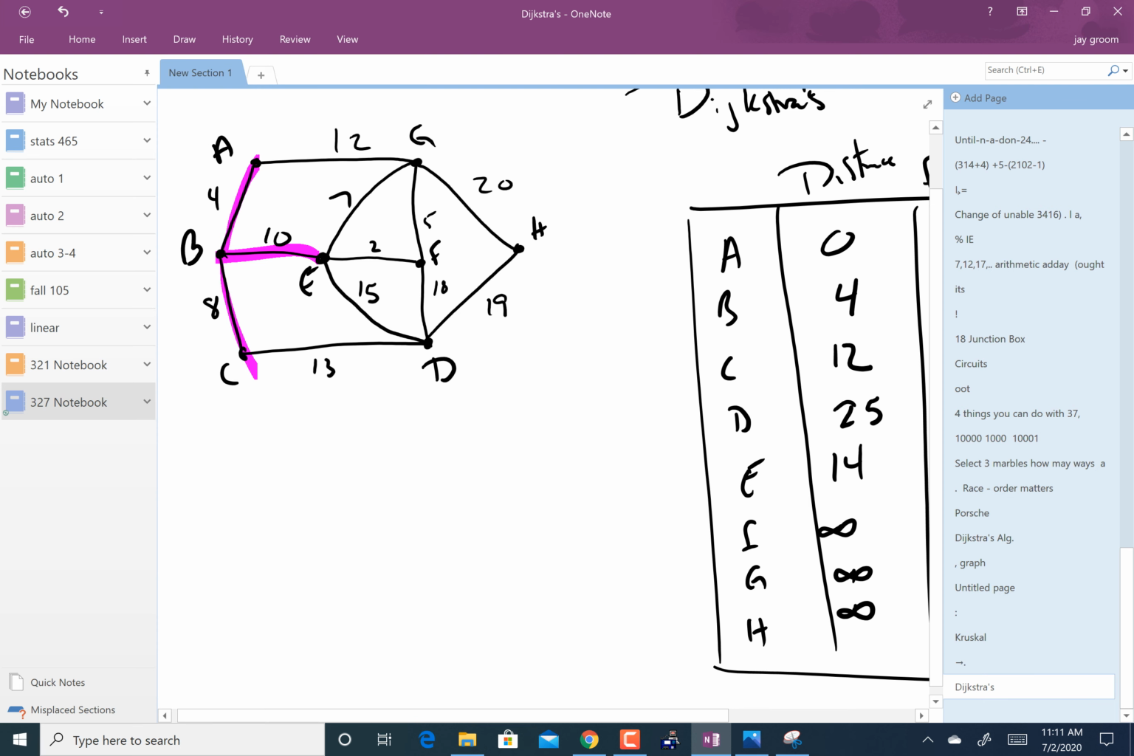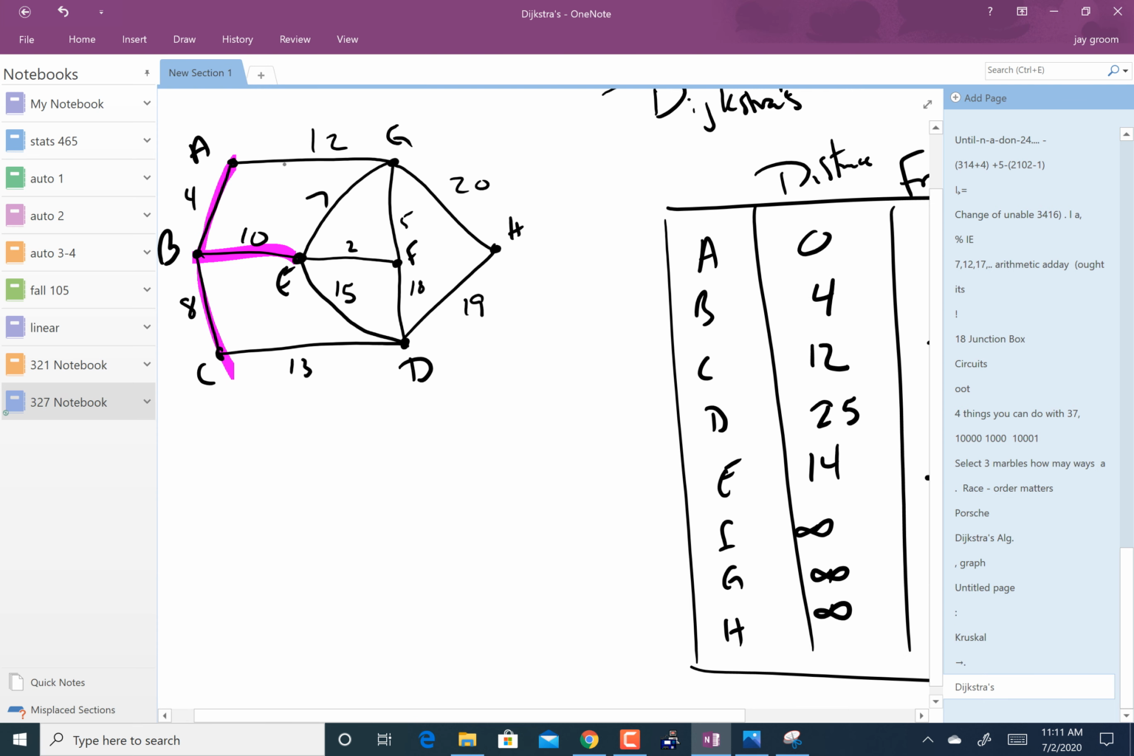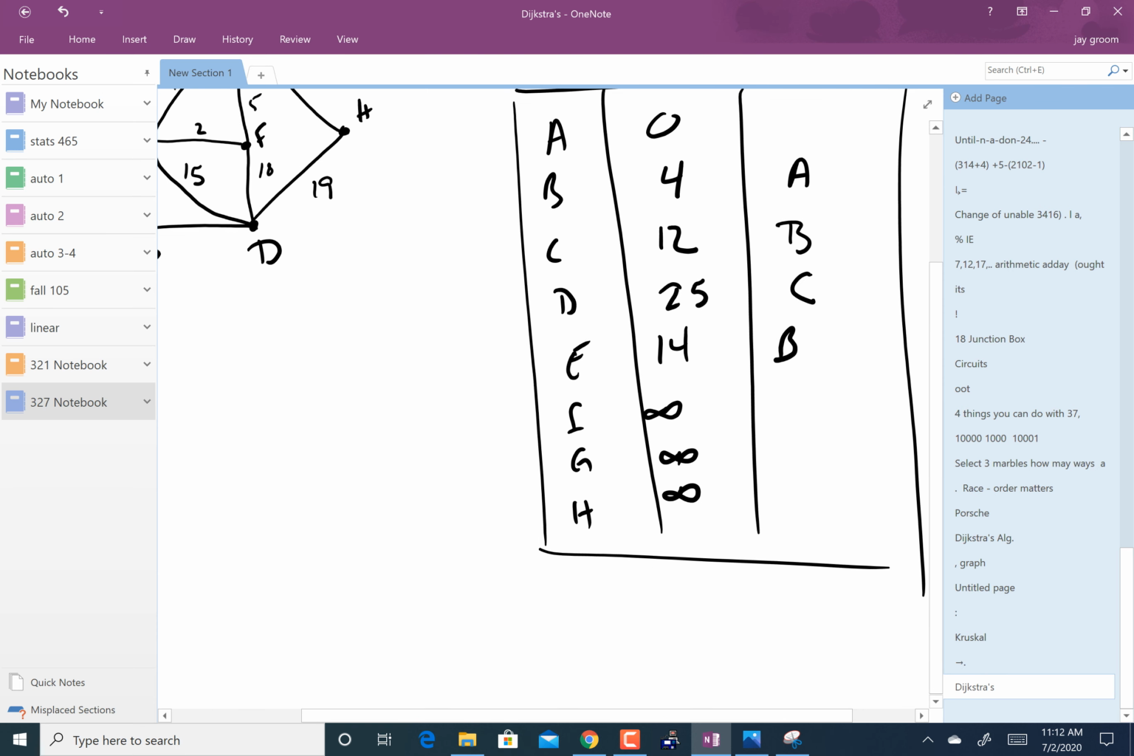Hey, listen, to get to F, I could go 12 and 5 is 17. Are you with me? I could go 14 and 2 is 16. Interesting. I could go 19 and 2 is 21. That seems weird. I could come all the way down and around Robin Hood's barn. That's ludicrous. So it's really between A to G to F, which is 17, or A to B to E to F, which is 16. So 16,